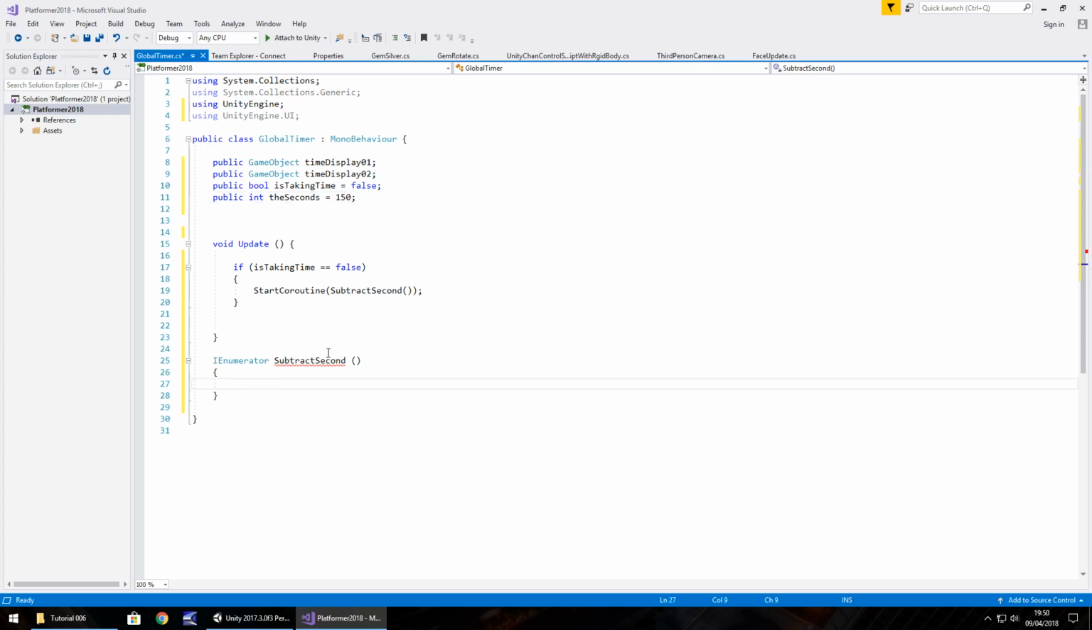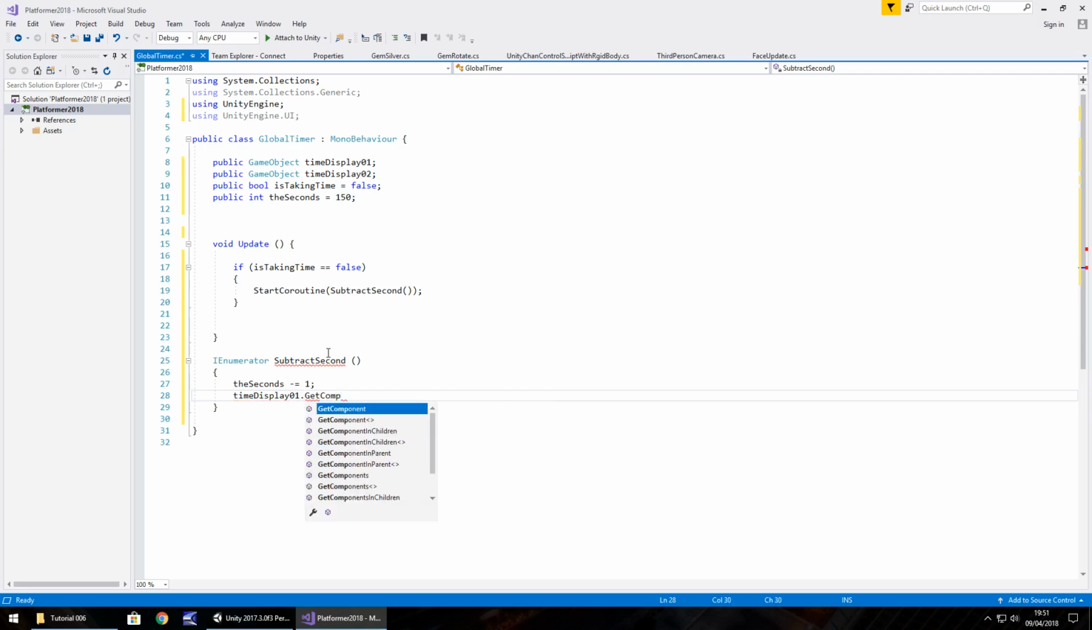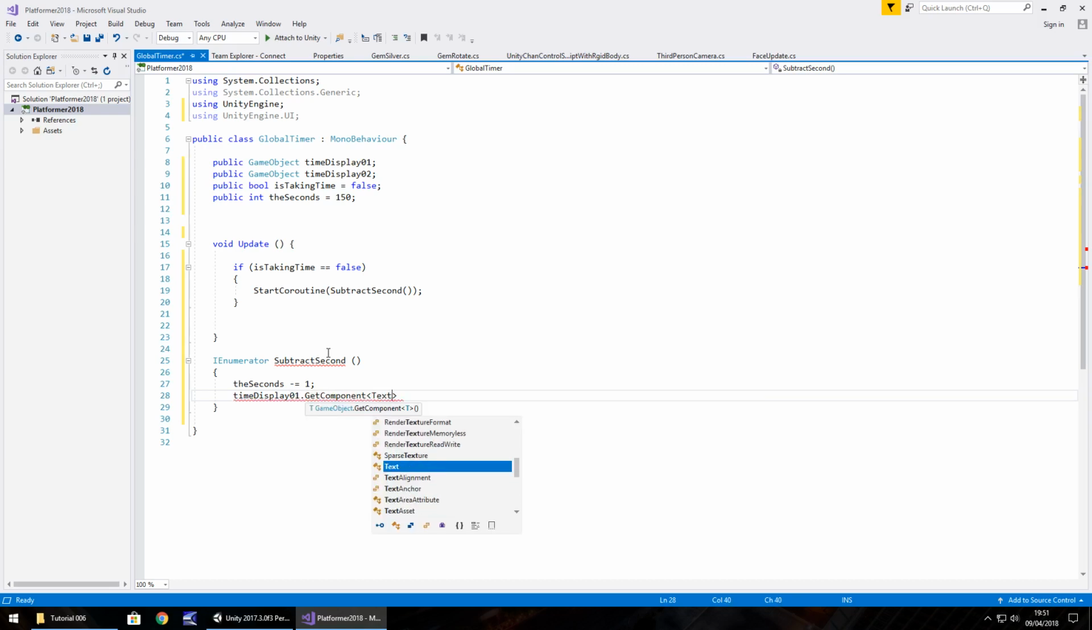Now, what we do here is we display, or rather take away from that seconds and then display straight away. So what we do is the seconds is minus equal 1 semicolon, and then at that same point we need to display that on our two game objects. So time display 01 dot get component, and you'll remember this from the last time, text in the spiky